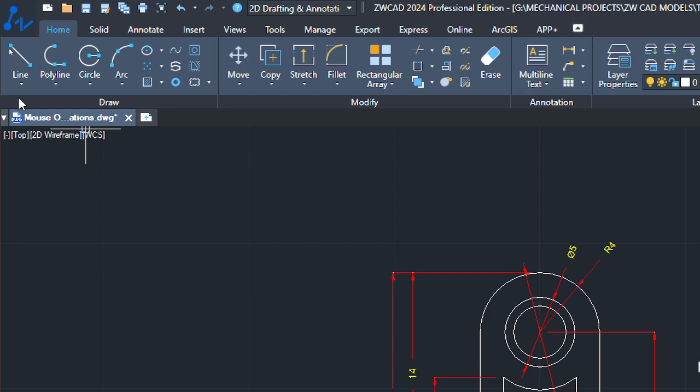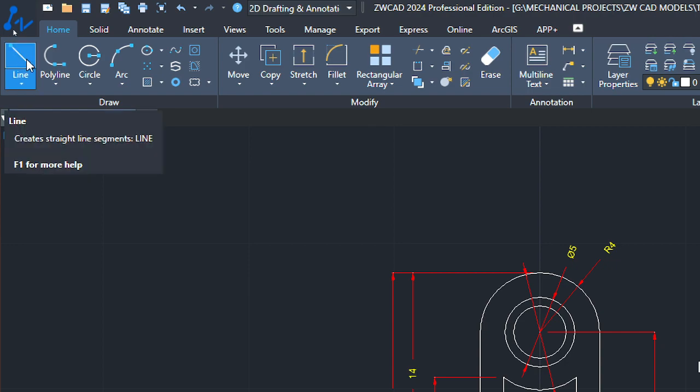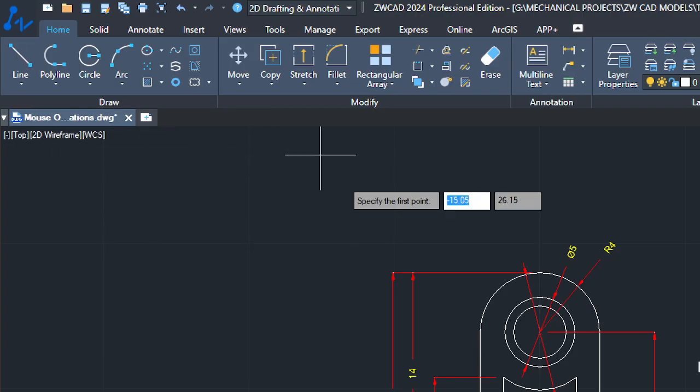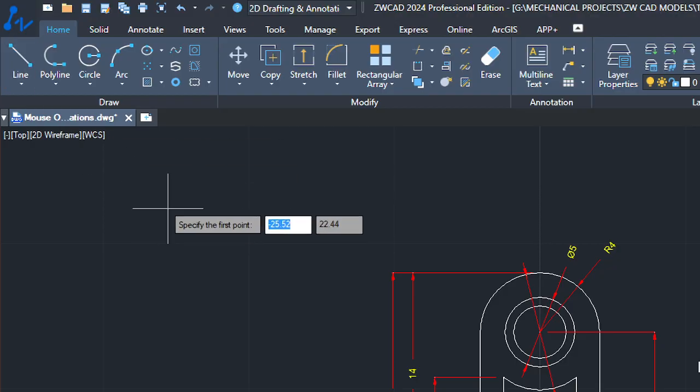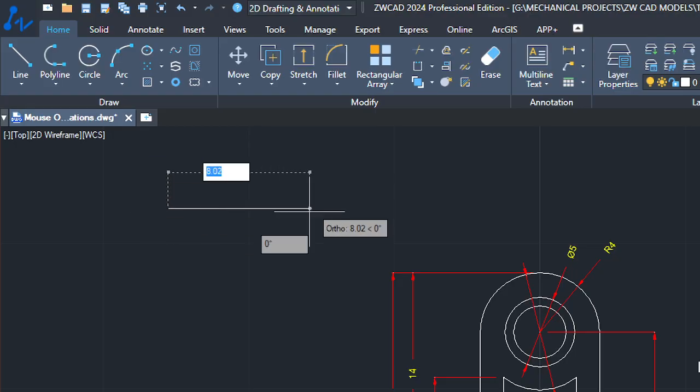Now use your left mouse button to select the tools. I clicked and I'm coming here. I clicked Line. When you click that line, it is asking to specify the first point. Line contains two points, first point and end point, starting point and end point. Click the first point, drag